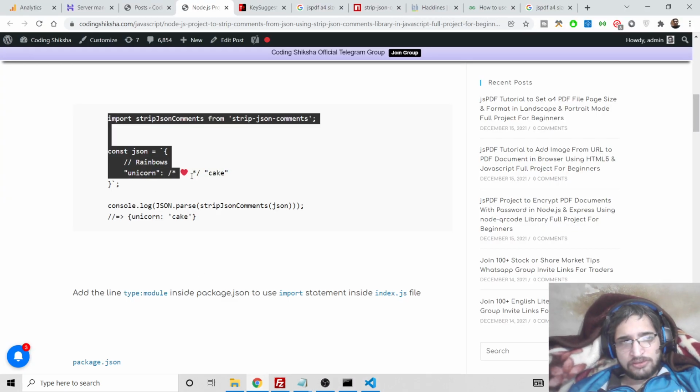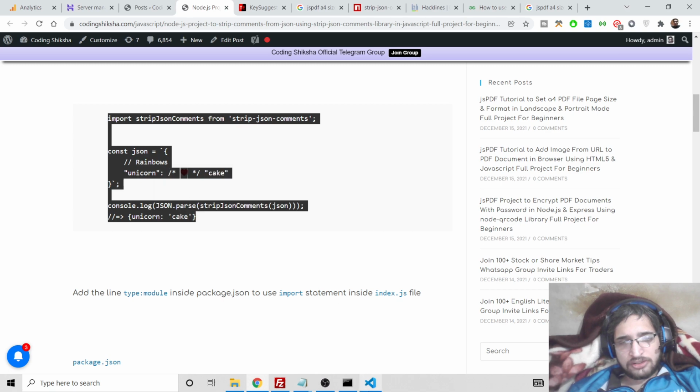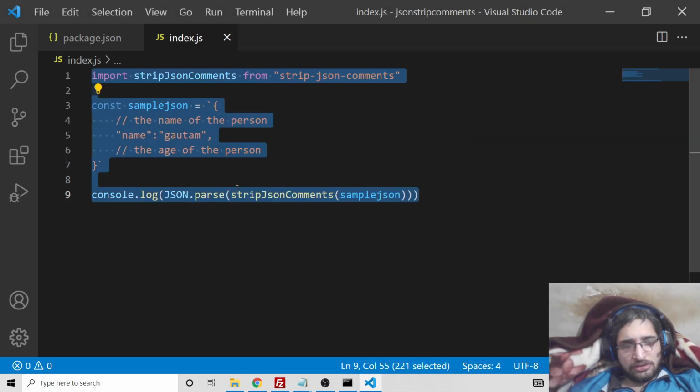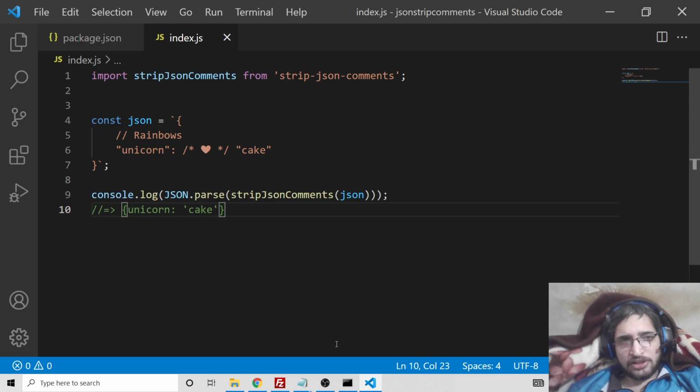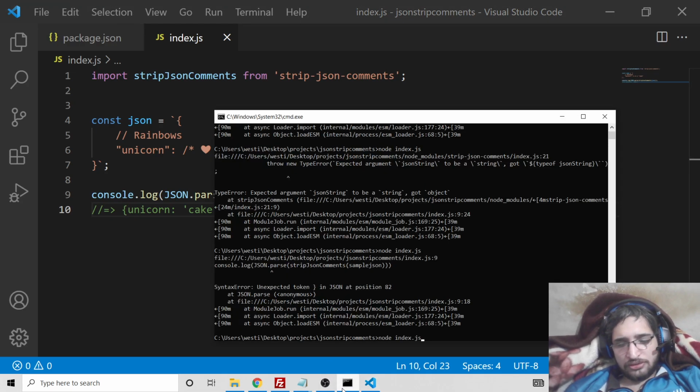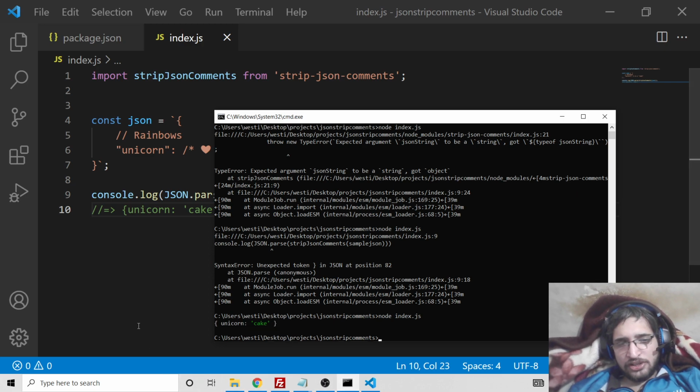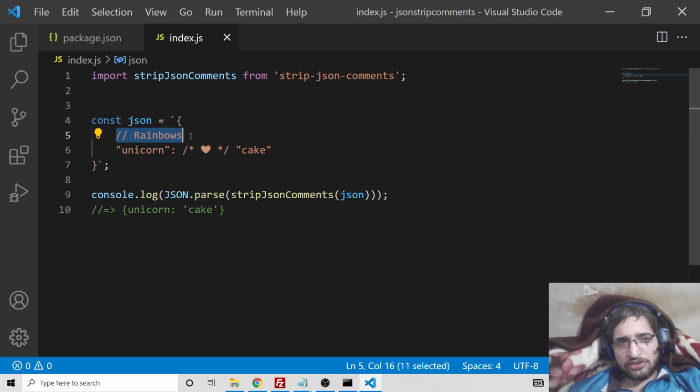let me copy paste this. This is the example we are using. You can see now it has removed all the comments which were there. It has removed this rainbow comment.